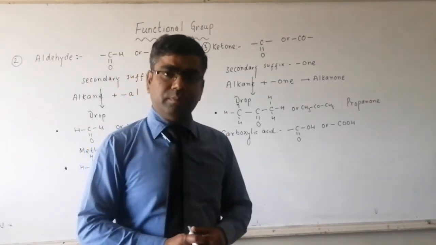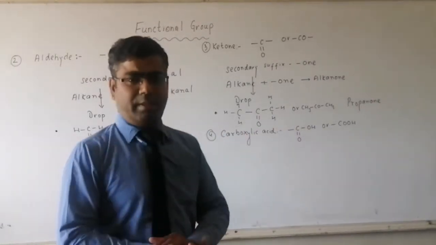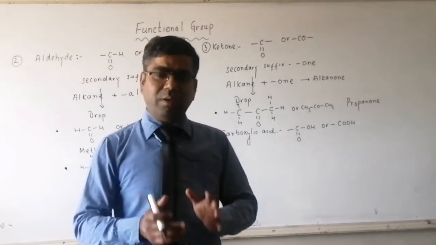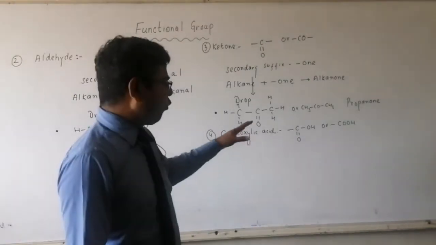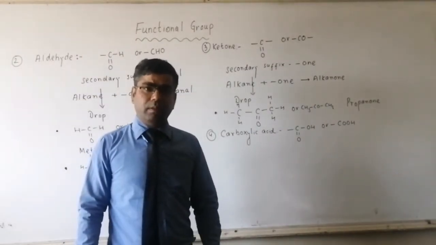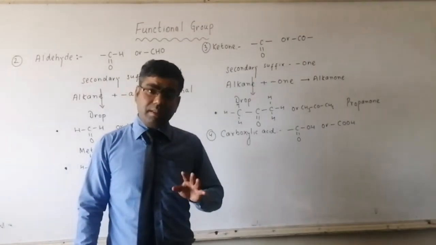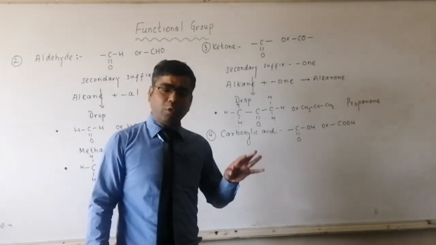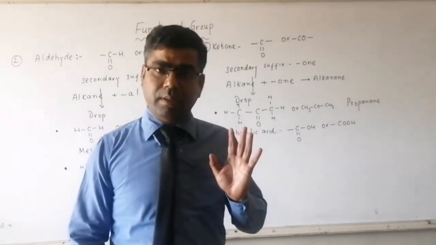The group is acidic in nature, or the compounds obtained by this group will be acidic in nature, means they will release H plus ion when dissolved in water. So this group can form H plus ion in water, that's why it exhibits acidic property. Remember, these are weak acids. Being acidic in nature, the solution of carboxylic acid can convert blue litmus to red.